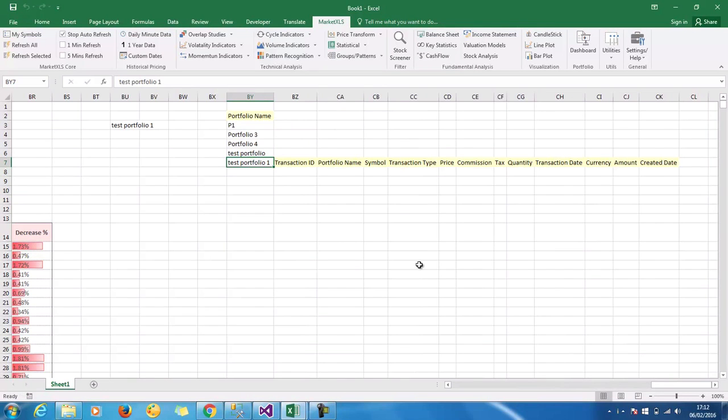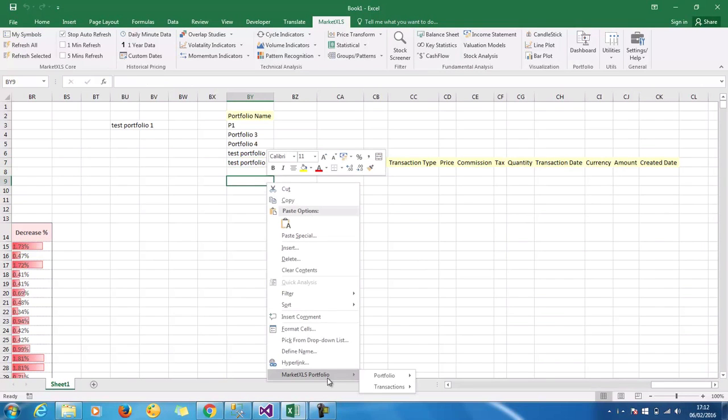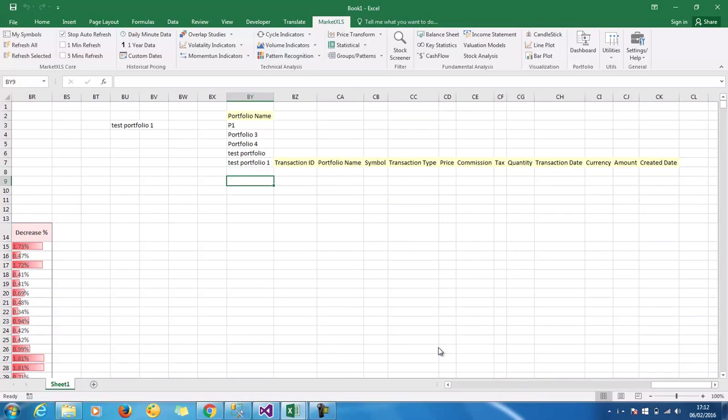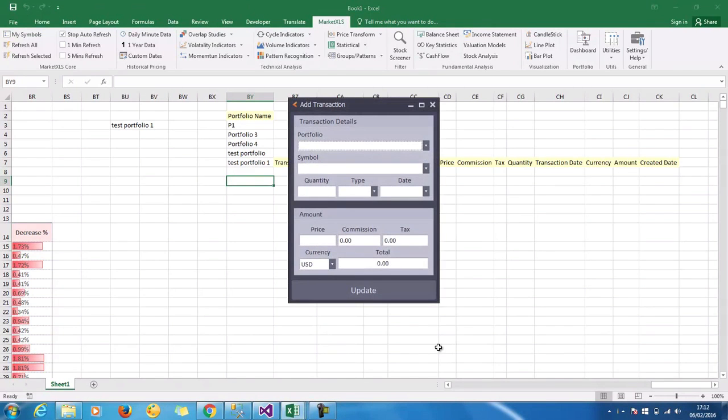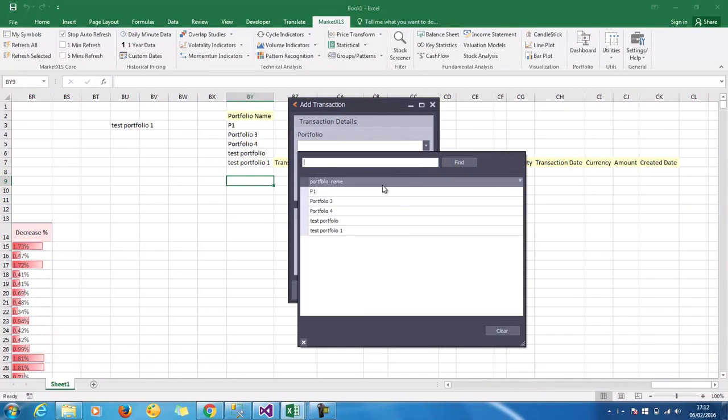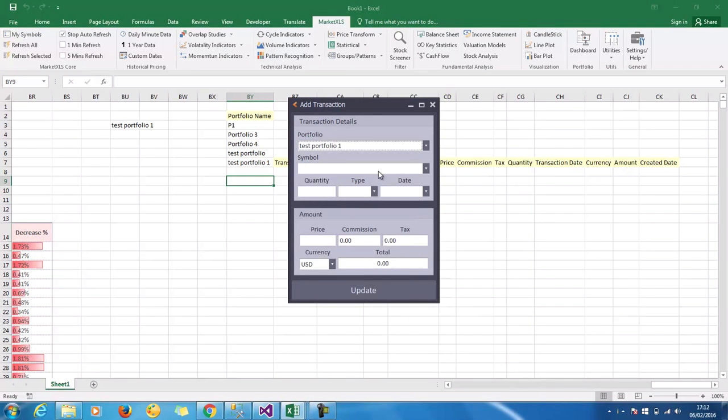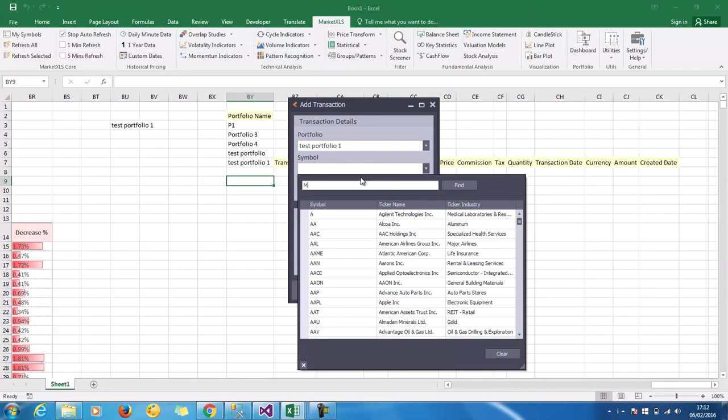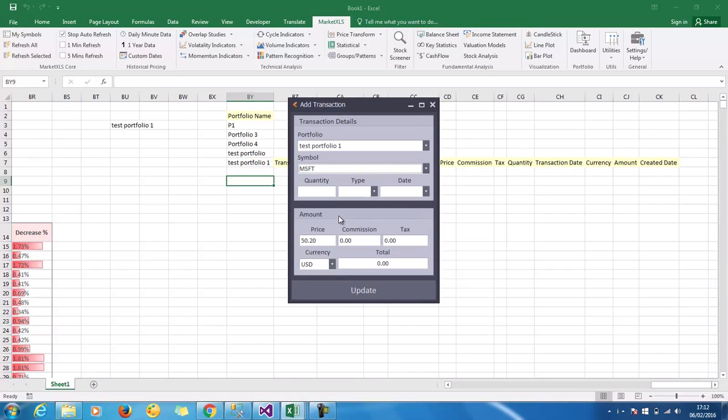So, as of now, there are no transactions in this portfolio. To add any transactions to your portfolio, simply click on Transactions and click on Add. You will have a form appear, and in this form you will be able to select which portfolio you want to add a transaction in, what symbols you made the transaction on, what the quantity that you bought or sold was,